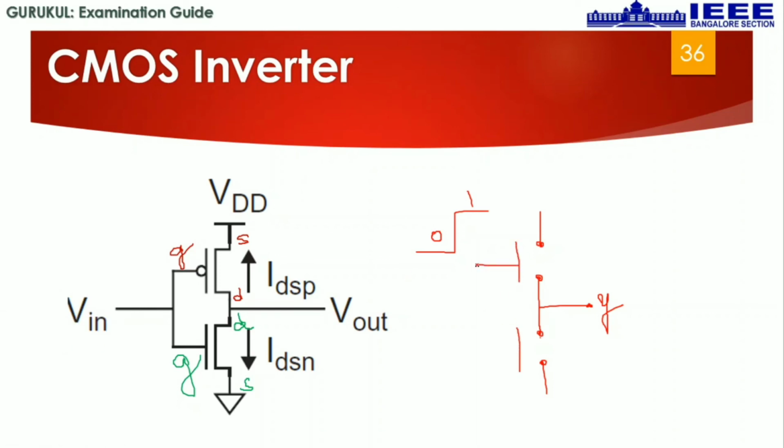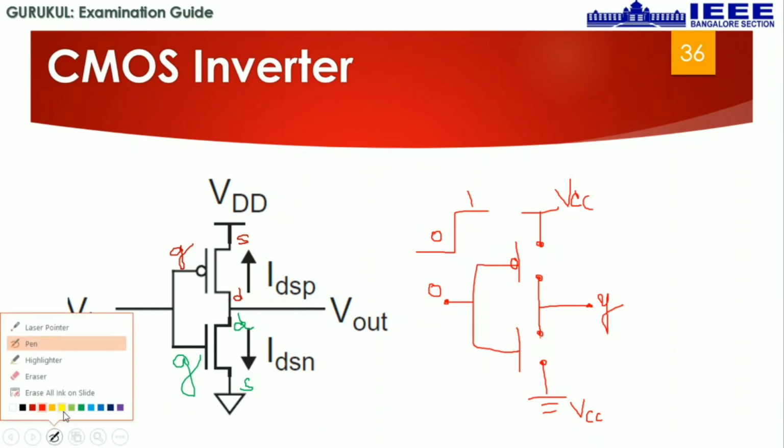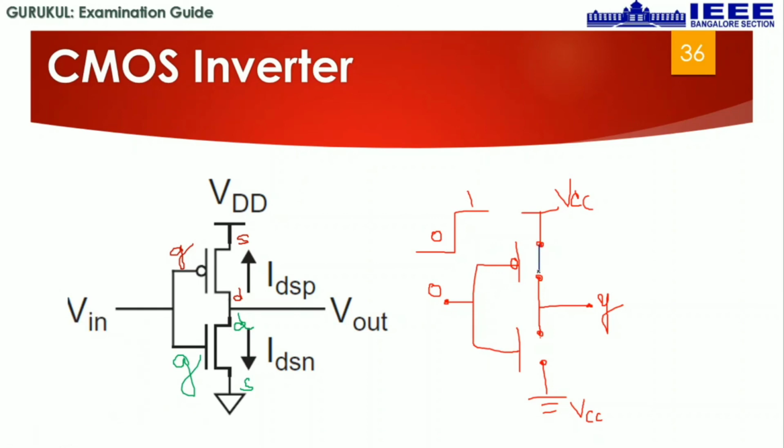So, this is the gate and you have connected with input here. First I'll give 0. What happens when I give 0? PMOS will turn on or turn off, that you have to decide. By looking into the previous slide, we know that when I give 0, because this is PMOS, it will turn on. Because this is NMOS, it will turn off.